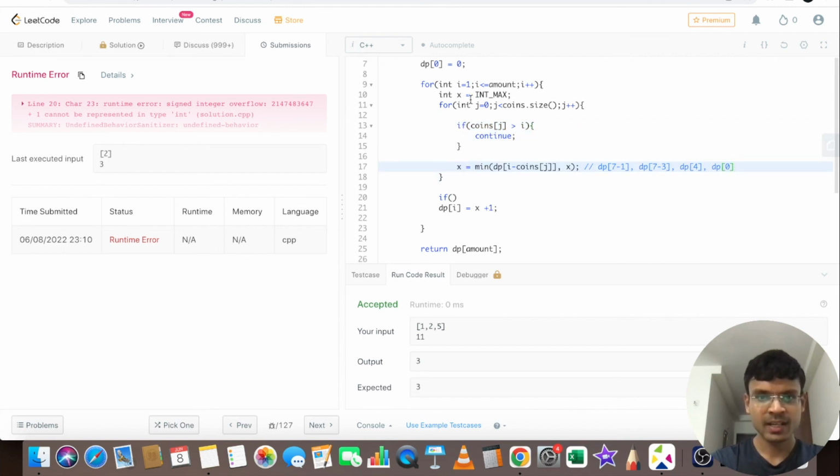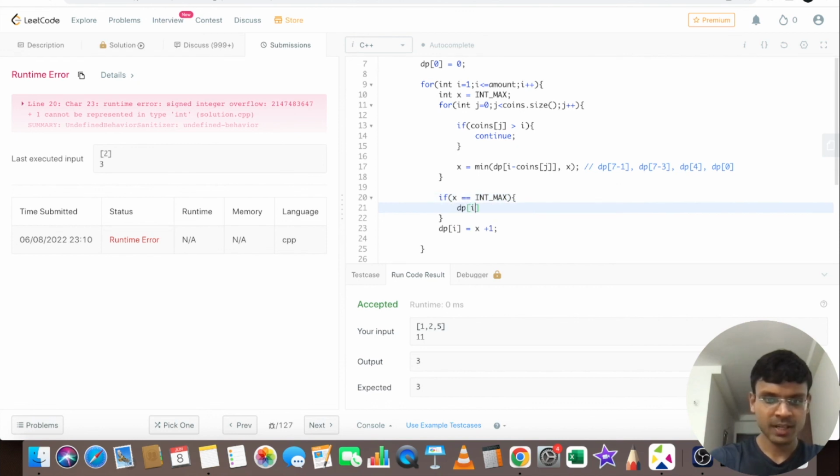So in that case I am doing x plus 1, which is int max plus 1, so it doesn't make sense. So I'm just checking if x is equal to int max, which means I am not able to use any of the coins. So in that case dp of i would remain int max only,